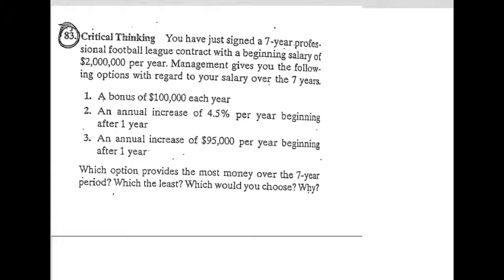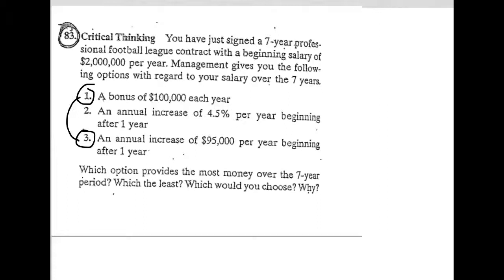Okay, well, first off, a lot of people are having trouble distinguishing the difference between option 1 and option 3, other than clearly the $5,000 difference in those dollar signs there. Well, option 1 is not saying that your salary will increase on a yearly basis. It's saying that each year you just get a one-time bonus of $100,000, which means on year 1 you will make $2,100,000. On year 2 you will still make $2,100,000. You're not going to make $2,200,000. Your bonus isn't increasing. It's the same $100,000 bonus on top of your same $2 million salary